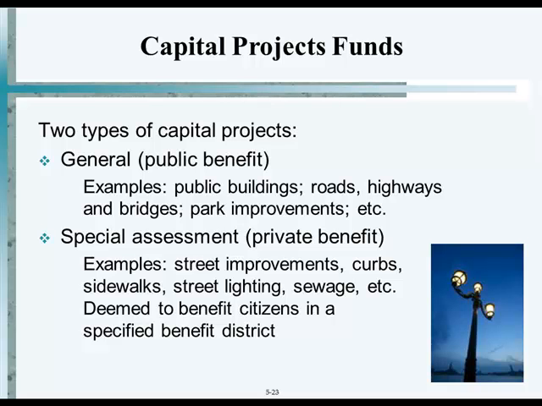So what I'm telling you is capital projects funds are used for construction or acquisition of long-term assets, not short-term assets, not buying police cars, not buying equipment. It's for big,